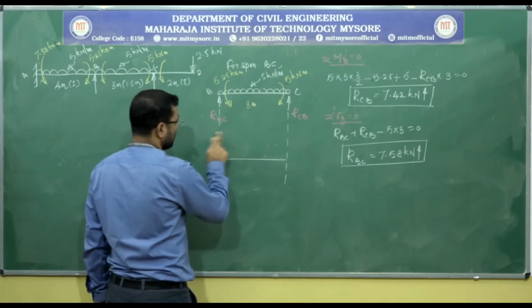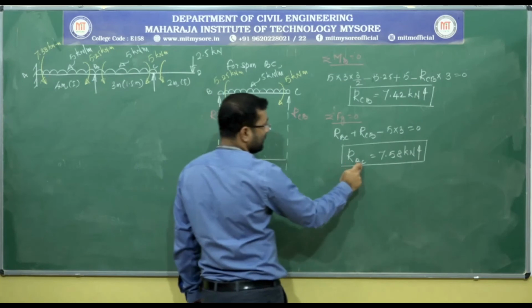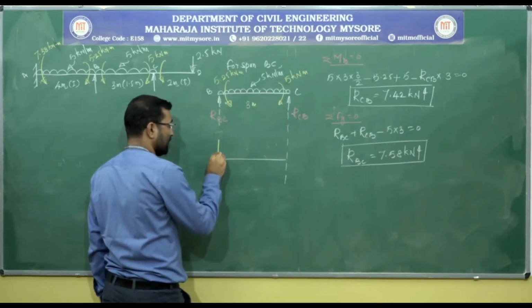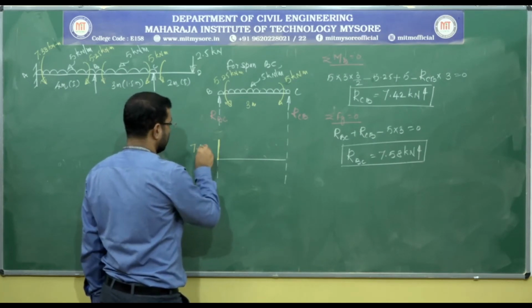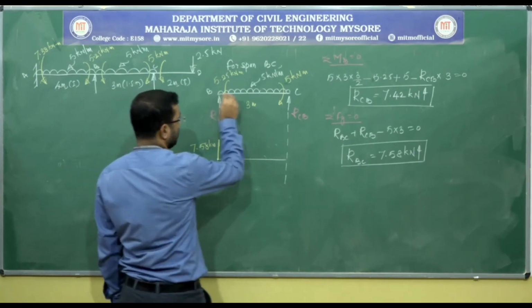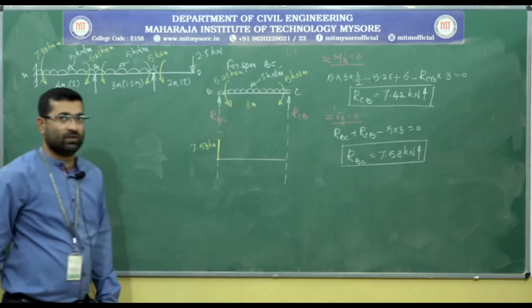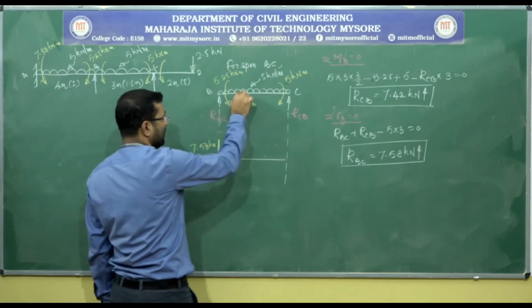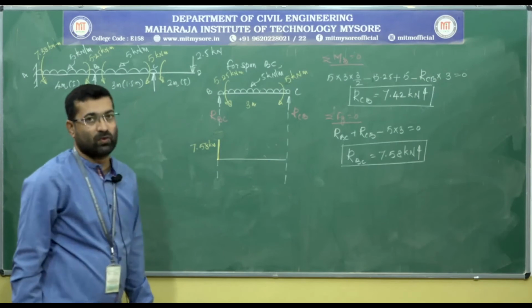So here you can see at B point we have a reacting force RBC, which is acting vertically upwards. So let me draw a line indicating a shear force of 7.58 kilonewton. Soon after this we have a UDL which is spread from B to C, which is acting vertically downwards. So it is a positive shear force, 7.58 minus 5 into 1.5 gives you minus 7.42.